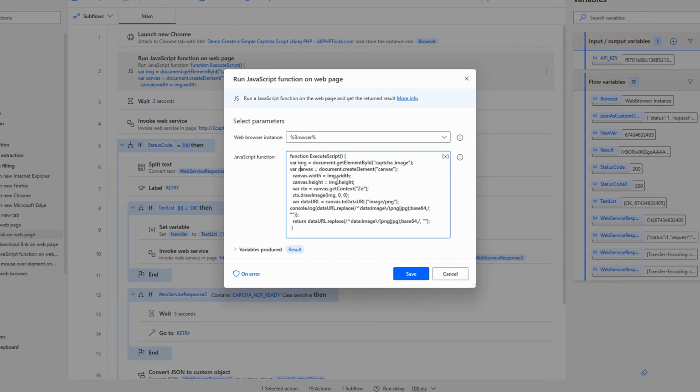Here in the JavaScript function we can see that the first line states that the element, the captcha image, is accessed by its ID. For that we are using the document.getElementById function, and we are passing the captcha image ID here. So the variable img will contain that particular image.